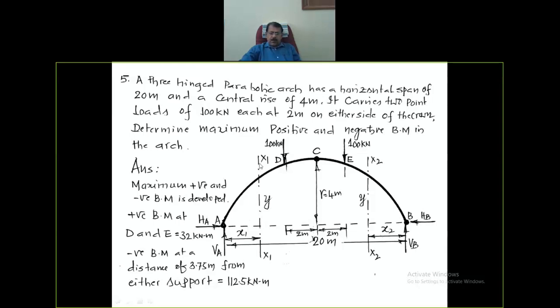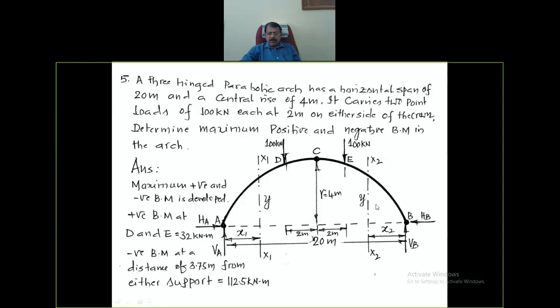Now, write down the expression for the bending moment about this section x1. Call that as equation number 1. Similarly, write down the expression for the bending moment about the section x2. Call that bending moment equation as 2. Differentiate equation of bending moment, namely Mx1, with respect to x, solve for x1. After knowing x1, substituting that value in the original equation of bending moment, compute the magnitude of the bending moment.